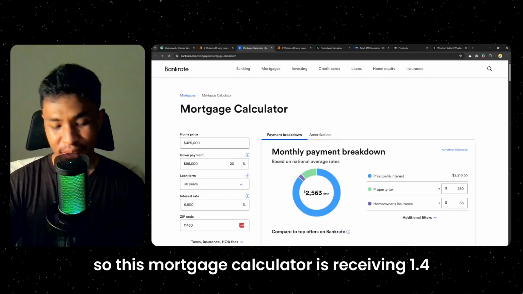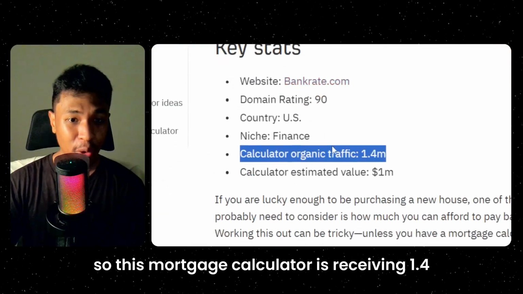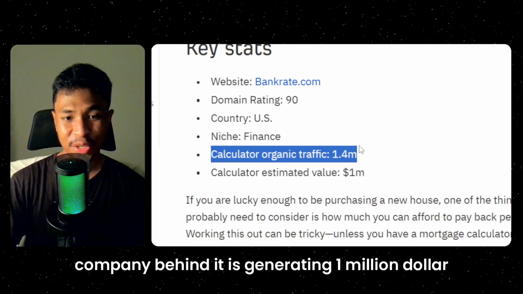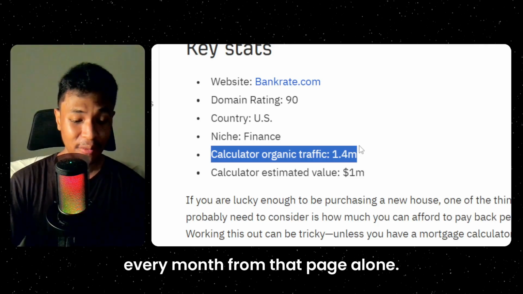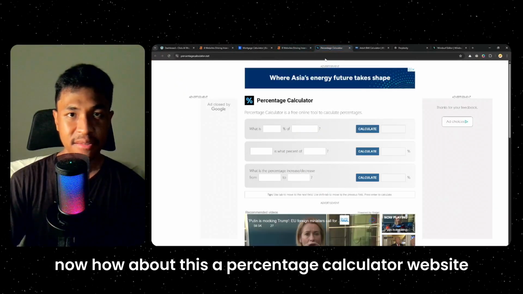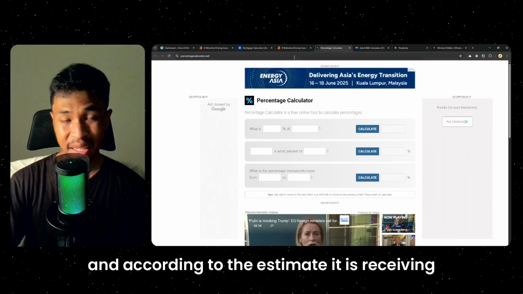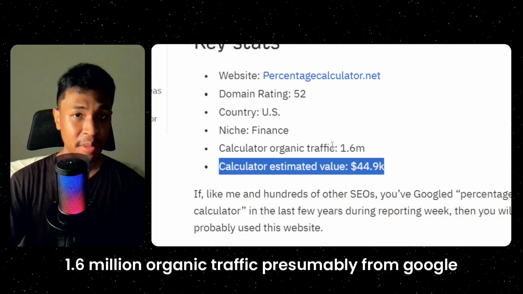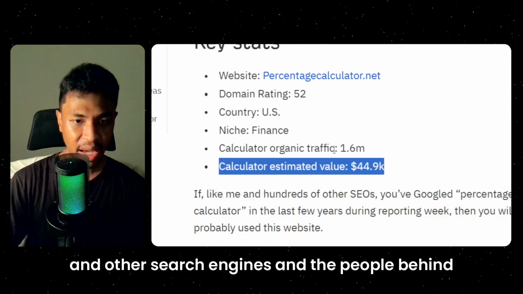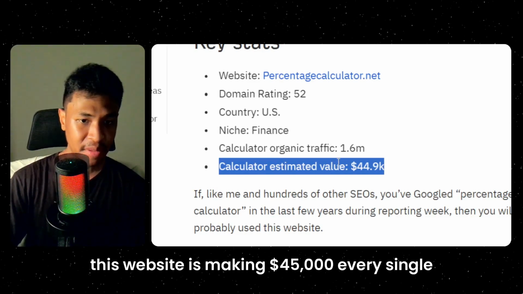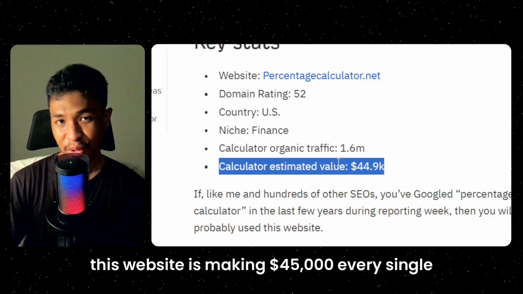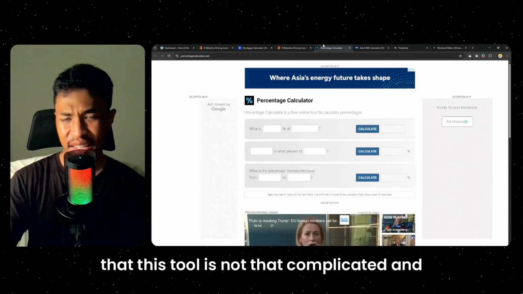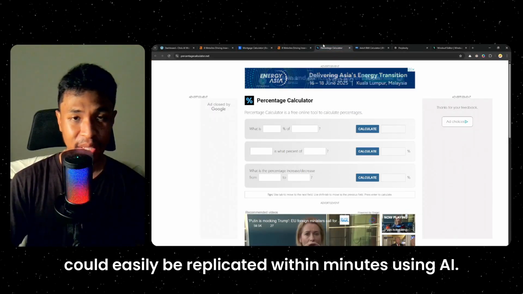So this mortgage calculator is receiving 1.4 million visits every single month, and apparently the company behind it is generating $1 million every month from that page alone. Now, how about this? A percentage calculator website, and according to the estimate, it is receiving 1.6 million organic traffic, presumably from Google and other search engines, and the people behind this website are making $45,000 every single month, which I think is quite insane, given that this tool is not that complicated and could easily be replicated within minutes